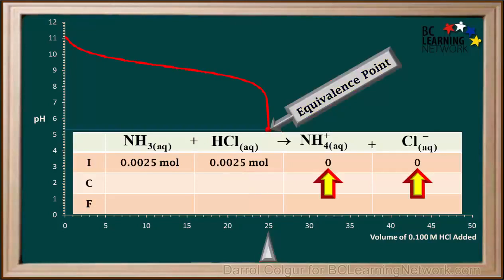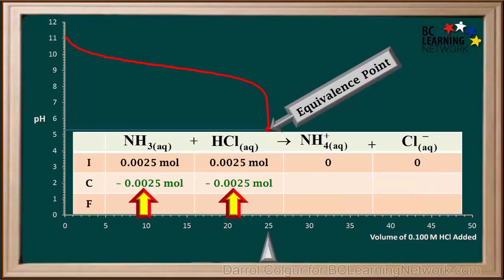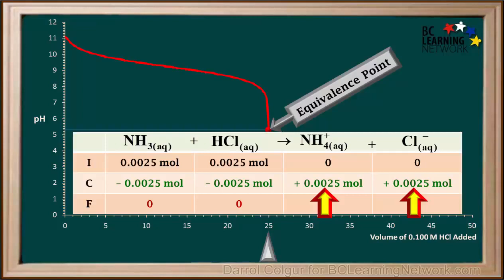If we imagine a time just before the reaction starts, we have no products yet. HCl is a strong acid, so this reaction goes to completion. In the process, 0.0025 moles of both NH3 and HCl are consumed, and 0 moles of these two reactants remain after the reaction. According to stoichiometry, if 0.0025 moles of NH3 and HCl react, 0.0025 moles of both NH4+ and Cl- will be formed. So when the reaction is complete, we will have 0 plus 0.0025 equals 0.0025 moles of